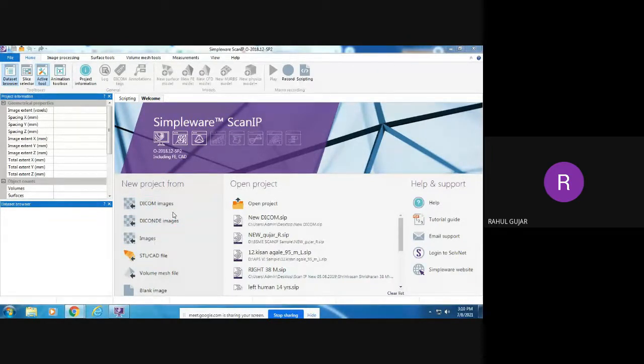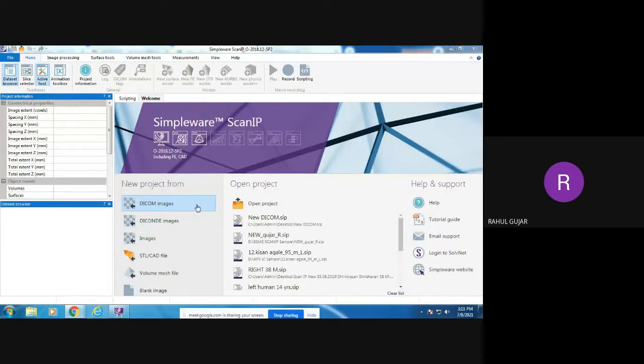The software is not only used to import DICOM images; apart from that, you can also import a CAD model directly. For implant and fixation planning, as I told you in the previous slides, doctors are required to do surgery planning, to see how the implant and fixation will be placed inside the bone, and for this purpose this software also supports CAD files. But now I will quickly show you how the DICOM images are converted into a 3D model.